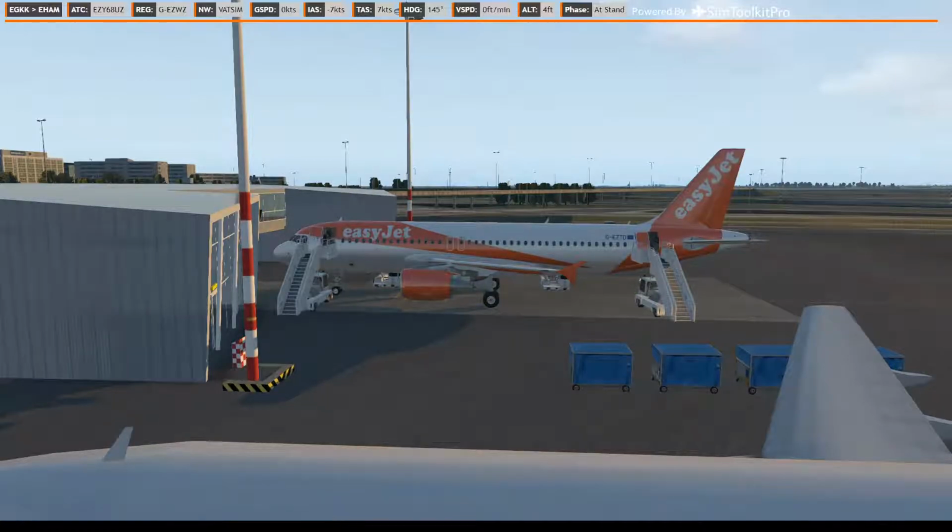KLM 85 Delta, request taxi. 85 Delta, taxi on the port Sierra 7, runway 24. KLM 85 Delta, actually, once clear of the British Airways